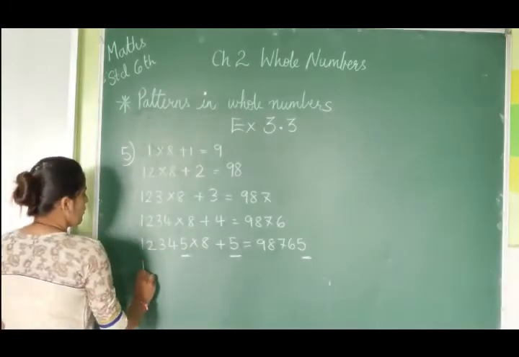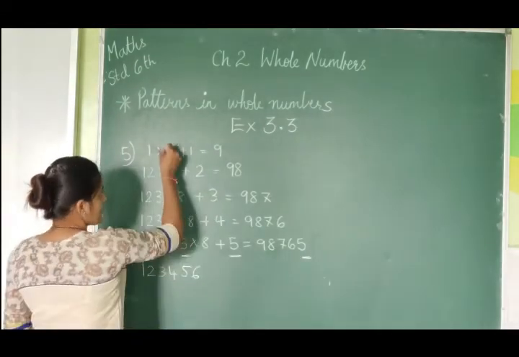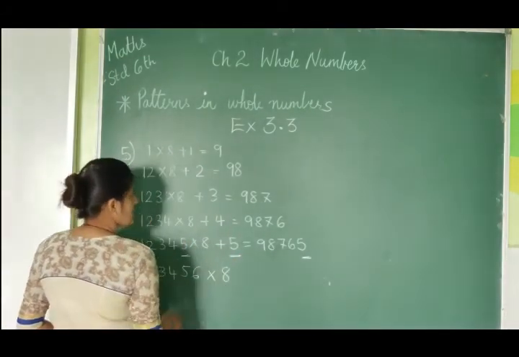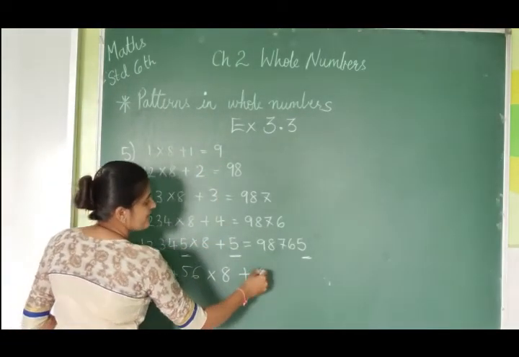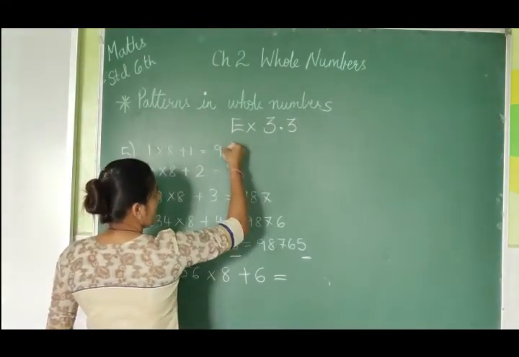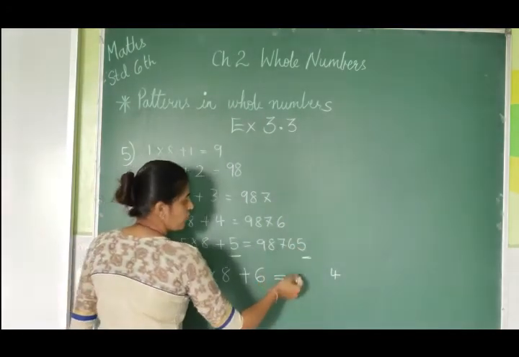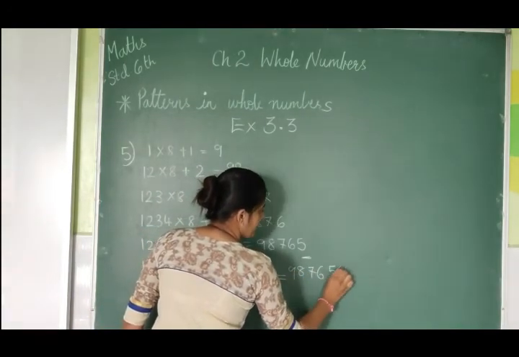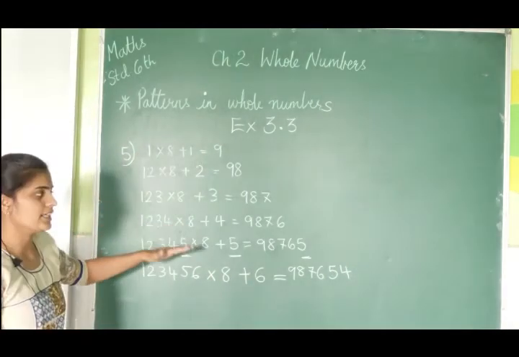So next will be 1 2 3 4 5 6. Multiplication sign is the same. After that 8 is also repeating as it is, so write 8 as it is, plus sign also as it is. After that 1 2 3 4 5, so next will be 6, equal to sign as it is. Now here you can see, here 9 8 7 6 5, that means here we have to write 4, and all these numbers we have to copy down as it is: 9 8 7 6 5 and 4. Very simple. Simply you have to observe what changes are done over here.